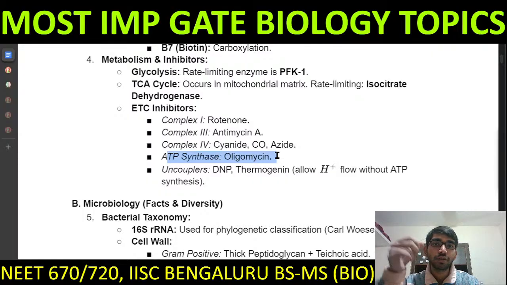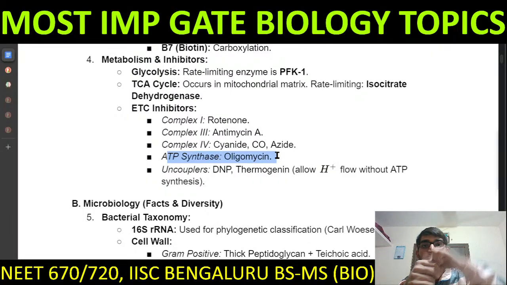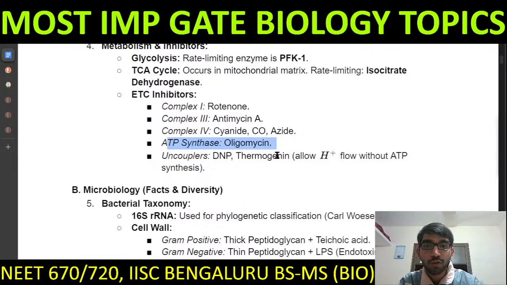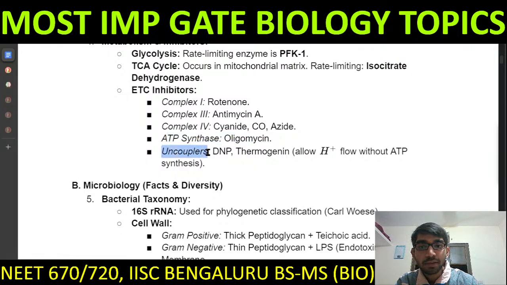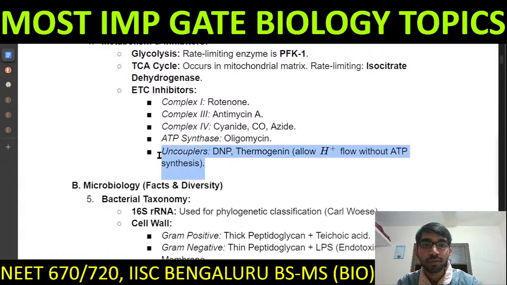So remember, the ATP synthase has this channel. Remember it like oligomycin, O is like the opening of that. So it will be easier for you to remember oligomycin, ATP synthase, which has a channel, F0, F1 particle. Uncouplers, example is dinitrophenol, thermogenin. These allow the proton flow without the ATP synthesis. So the ETC will still take place, but there will be no formation of ATP because the proton gradient is